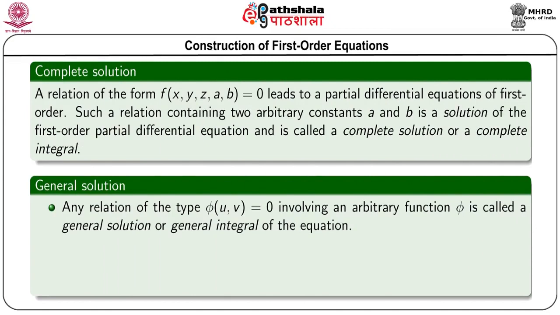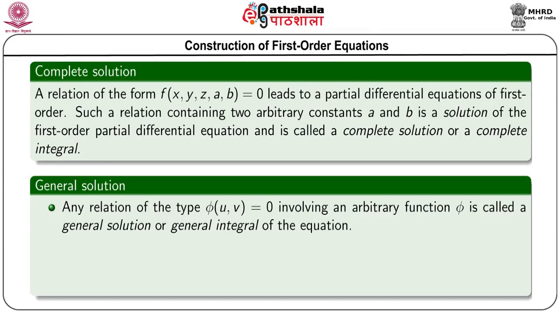Now, we will explain what is the difference between the solutions of a first order differential equation. In the first case, we have shown that a first order differential equation can be obtained by eliminating two arbitrary constants a and b from a given function f(x, y, z, a, b) equals 0. And so, this is the solution of a first order differential equation, and this solution is known as complete solution